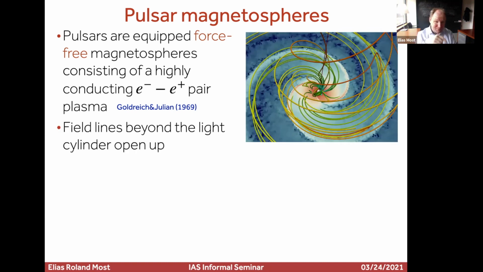For example, if you have a rotating neutron star with, let's say, a dipolar magnetic field, then there will be a point where uniform rotation would give you a rotation speed larger than the speed of light. And at that point, your field lines would have to open up. You can imagine this, although this is a very bad analogy, as the field lines getting some sort of inertia, and they cannot move faster than the speed of light.